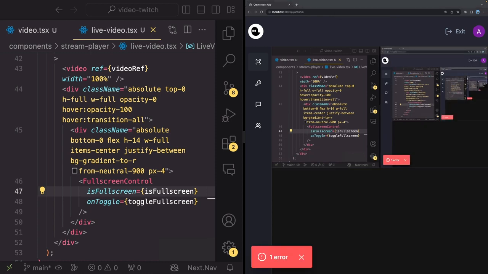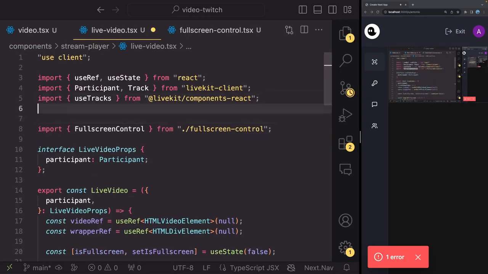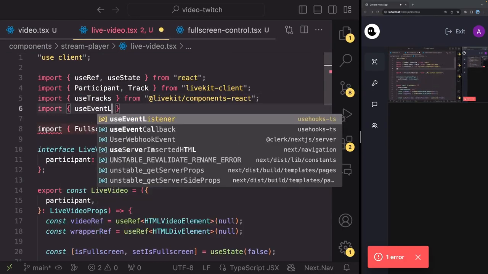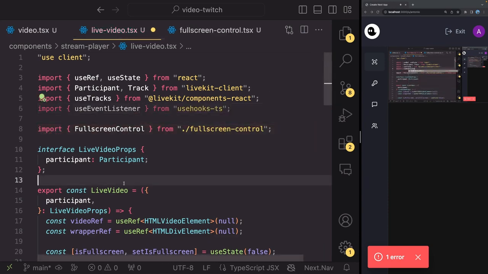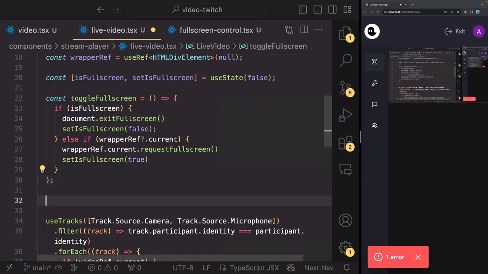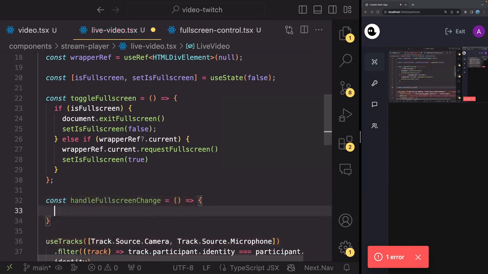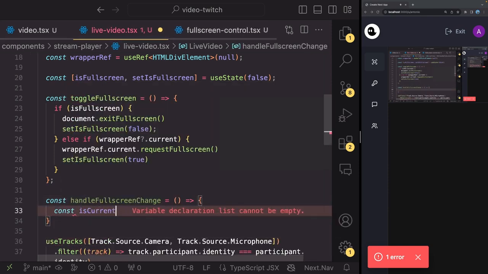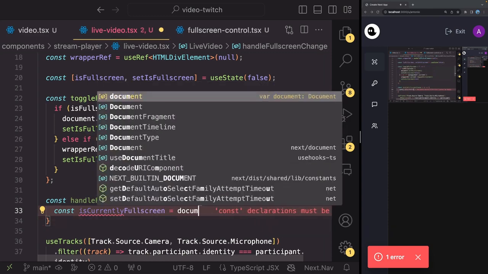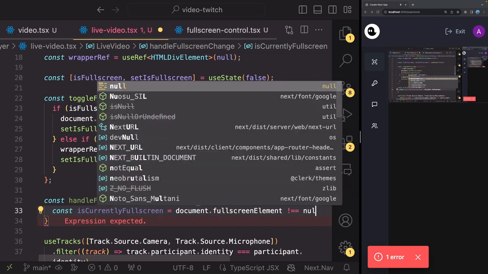So I'm going to import use event listener from use hooks TS. And then what I'm going to create is another function here, just below the toggle full screen, called const handle full screen change, like this. And I'm going to do const is currently full screen to be document dot full screen element is not null,